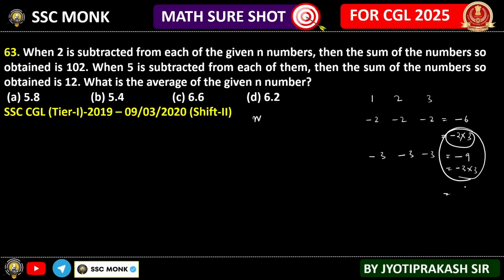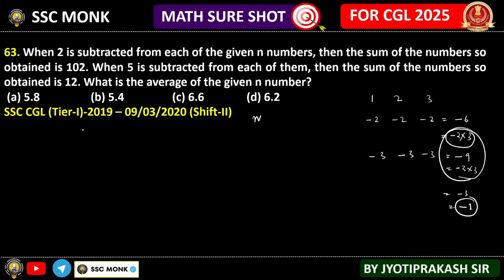So what is the difference here that I'm taking out? If I take the difference, it is minus 9 minus 6, that is minus 3. That means in each number I am taking out an additional 3. Yes or no? Yes. So if I take the difference and multiply it with the total number, I'll get the total thing. Same logic I will be using.